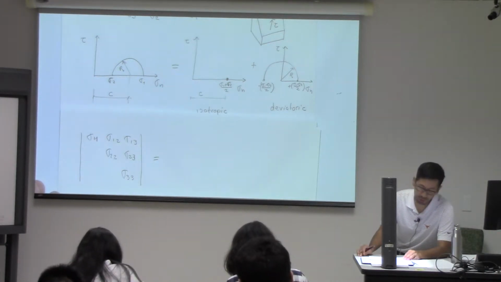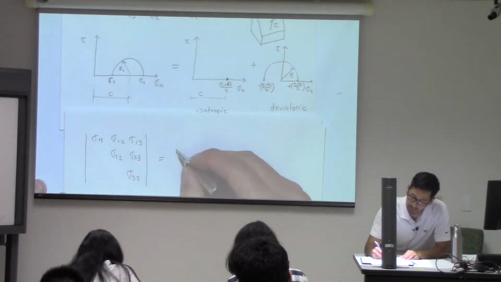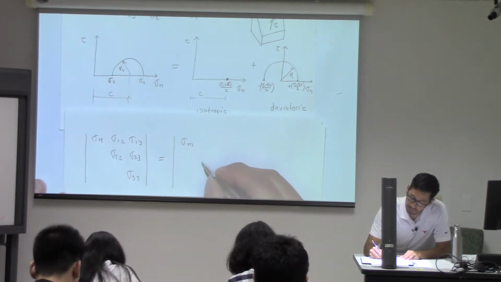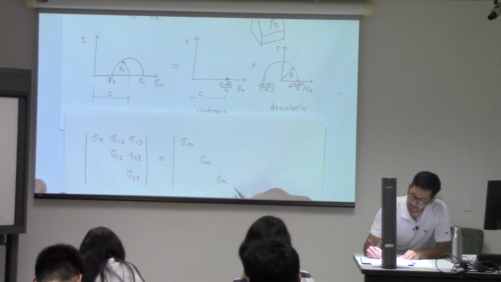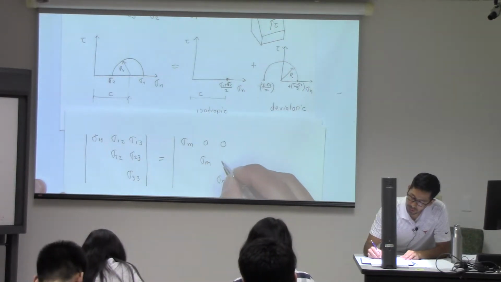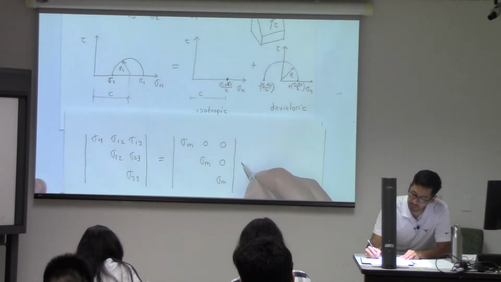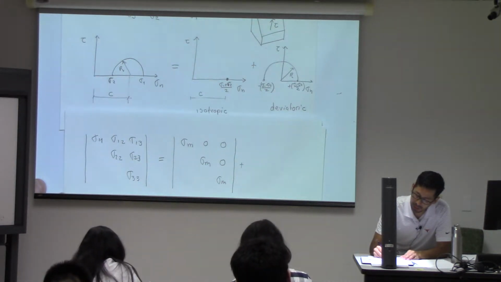I'm going to be able to write that stress tensor as an isotropic tensor with 0 off-diagonal terms, in which I'm going to define sigma m